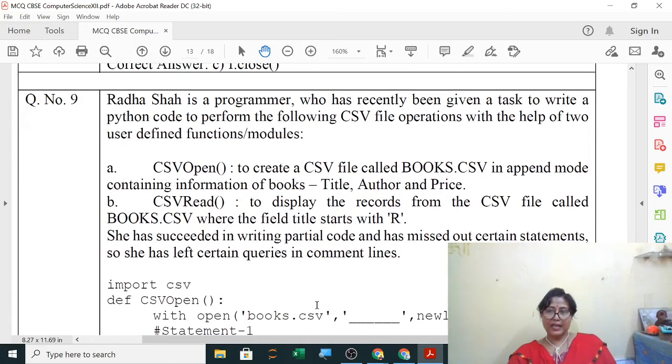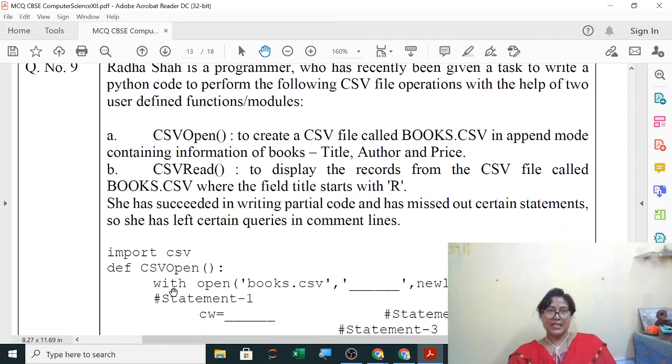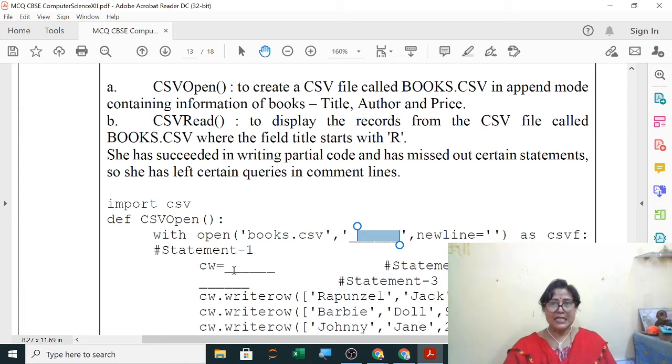Next, CSV file. So 5 minutes we are left with. So only the last case study, let us solve. Now I think all the answers you know. Now see, wherever you have to search it, you just see the question, what to do. The first one is to open in append mode. So the answer will be, tell me this answer, first statement. AB. This is CSV file. A. Yes. Only A. Very good.